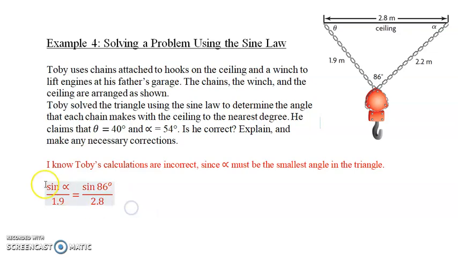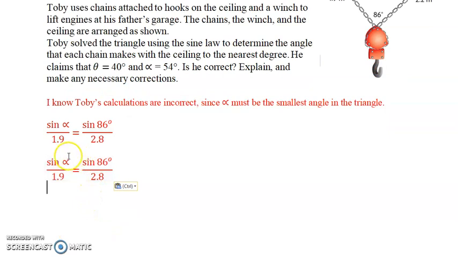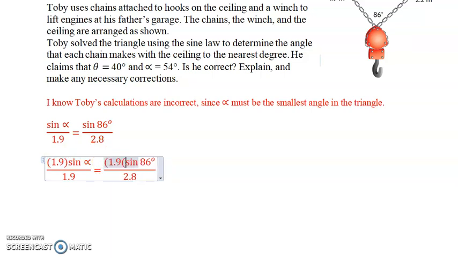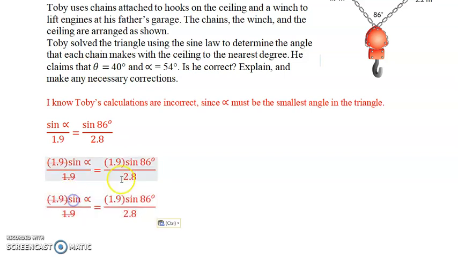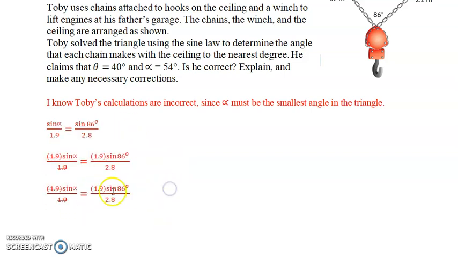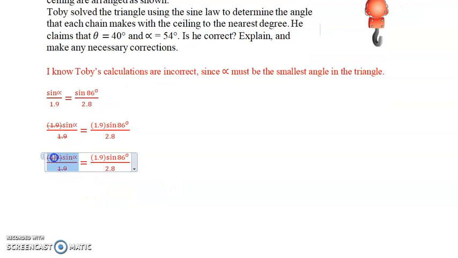Okay? So that means we got to multiply both sides by 1.9. The 1.9s will divide and give you 1, so this leaves you with sine alpha. Alright, so let's clean this up. So that leaves you with sine alpha